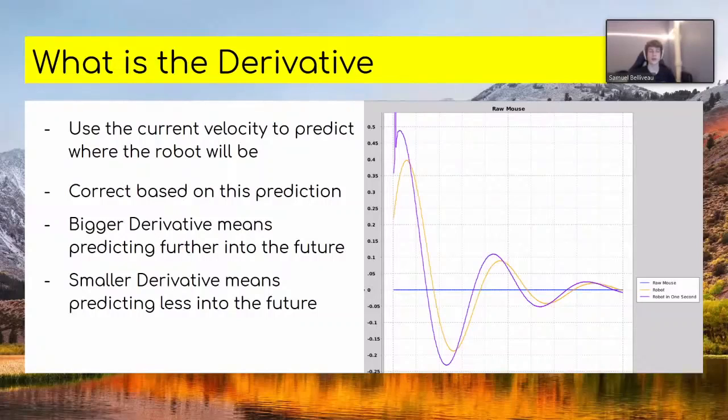And a smaller derivative means predicting less into the future, which means that it'll become more and more like a P controller. But this creates an issue. Well, one more